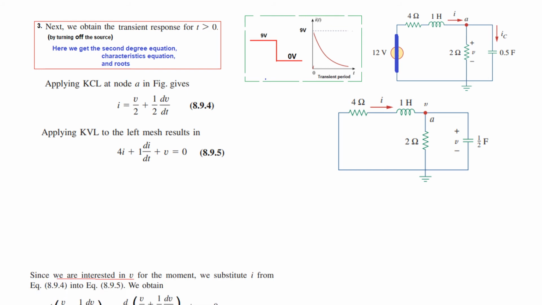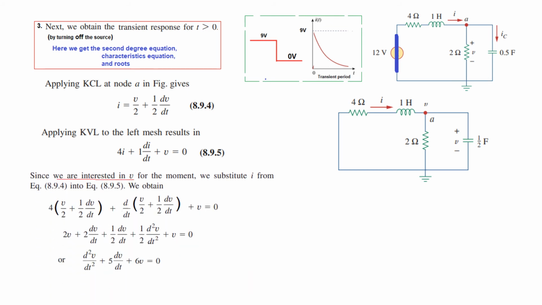Okay, so now since we are interested in V, we need to find the answer. First of all, we need to find V. So we'll substitute I from equation 894, from here, in this equation. So what will happen? 4I, so 4 into the value of I from here, plus 1 di/dt, and again I, this value, plus V equal to 0, and we can follow the steps, simplify,